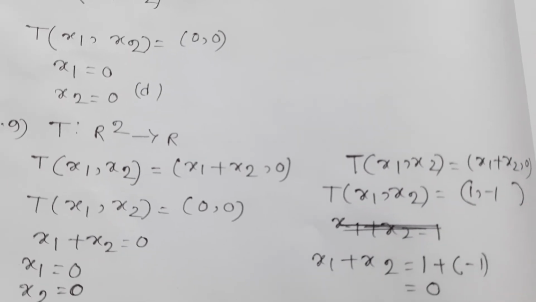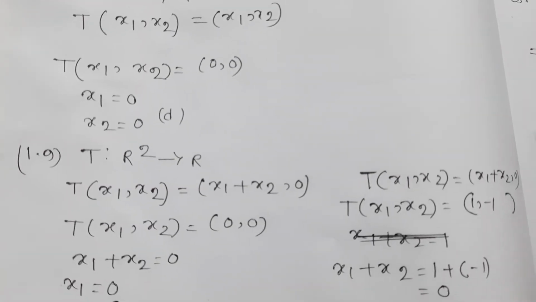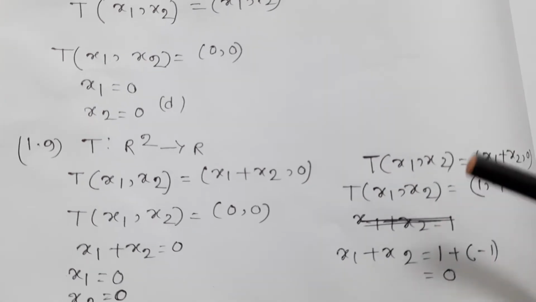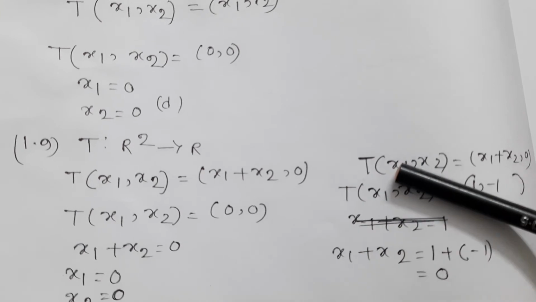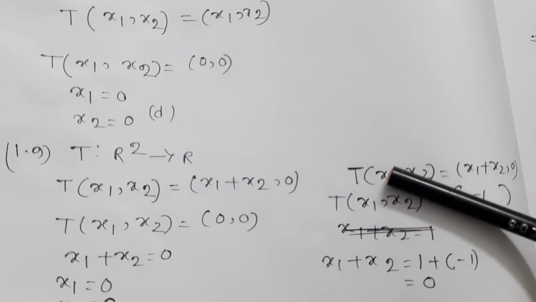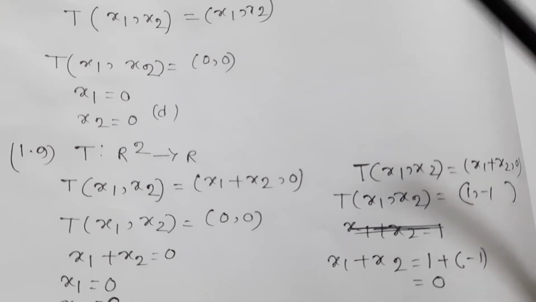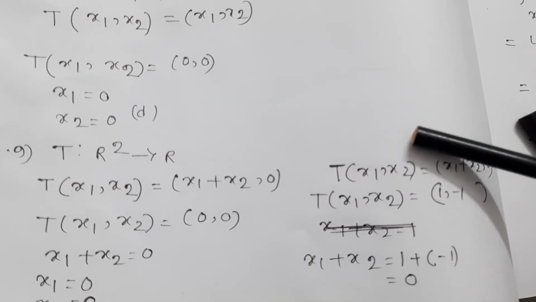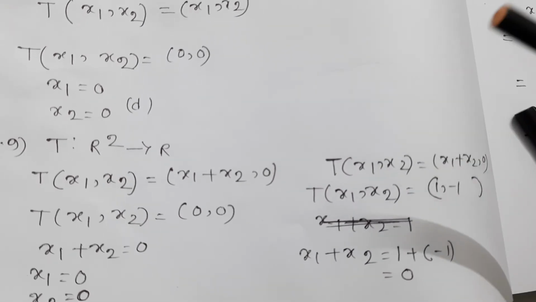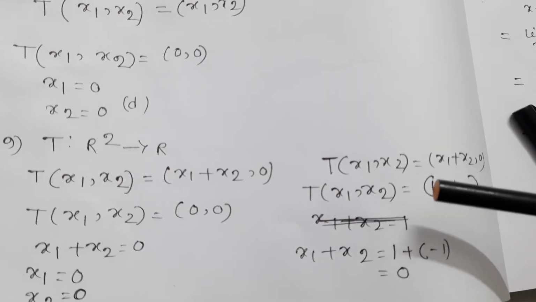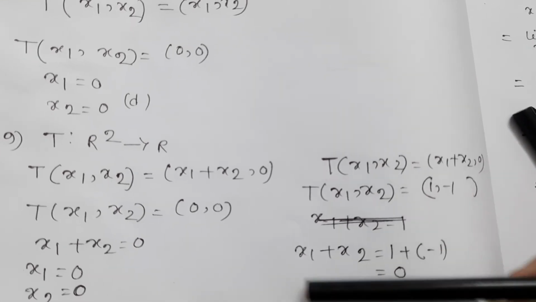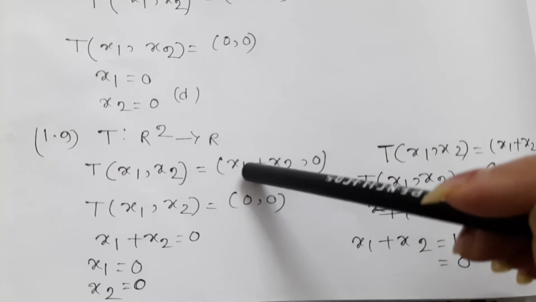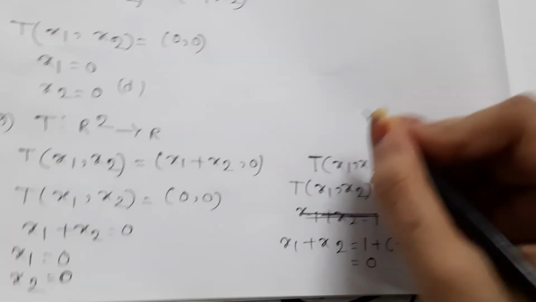But this is a wrong option. They said it's correct, but it's not correct, because for T alpha, for all alpha, it must be from the null space, and this is our range space. For T alpha equal to beta, obviously in the range set it will be 0, but here it is not 0, here it is 1 comma minus 1, so it's not satisfied. So this is wrong in the organizer's answer, just correct it. So the only option is 0 comma 0. This is our wrong option, mind it.